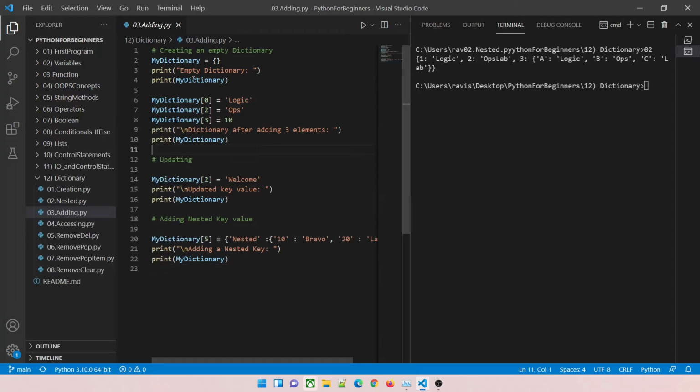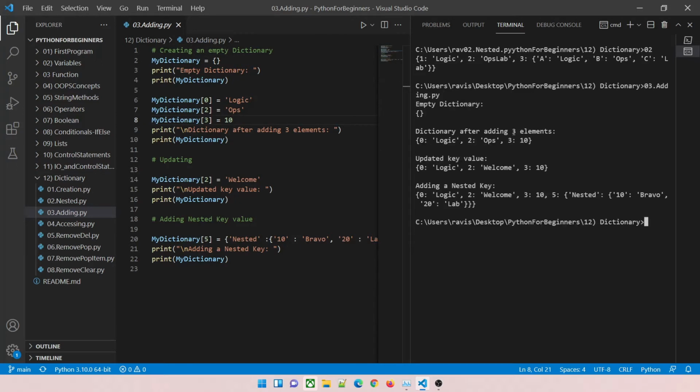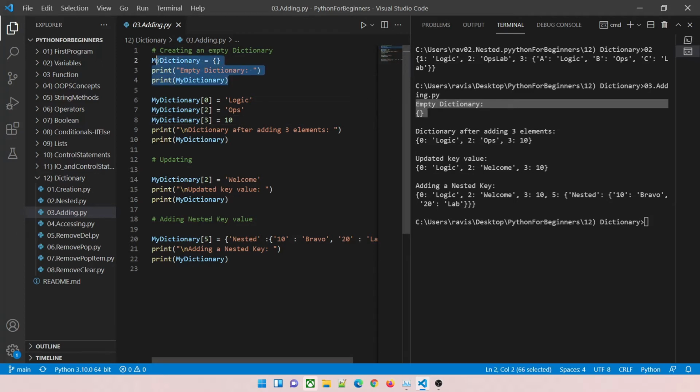Okay, let's go back. So we'll create an empty dictionary first. My empty dictionary has nothing. Okay, and we'll give a 0 key, second, and sorry, these are the positions, and then we are going to give the values. And let's just run it. So 03, hit tab, and you can see in the first it has printed an empty dictionary. This is the empty dictionary, but it does not have any key value in there.